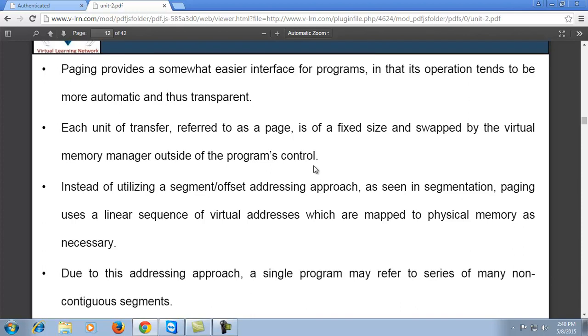Without segments, we can use the index or offset addressing approach by mapping one page to another and by mapping their locations inside the memory, so that a sequence of virtual addresses is mapped to physical memory as necessary for accessing the content. We require a kind of reference, an index or offset, to access the content inside the memory, because we always try to access the particular data we want from a particular location randomly.